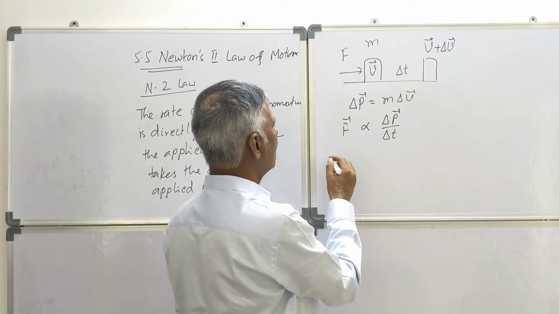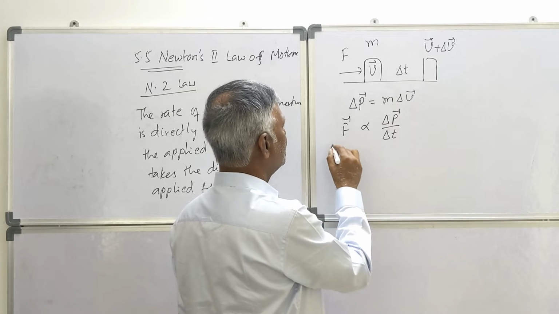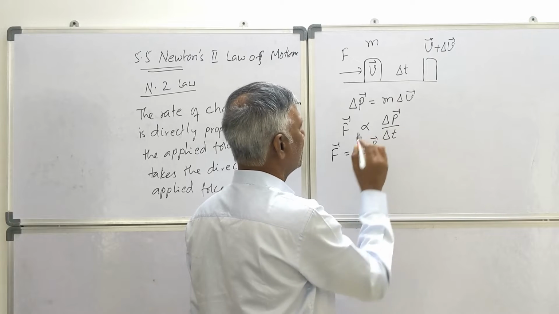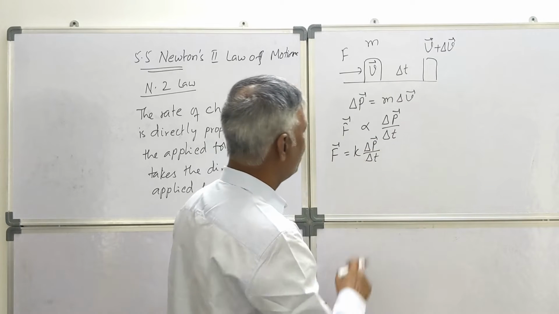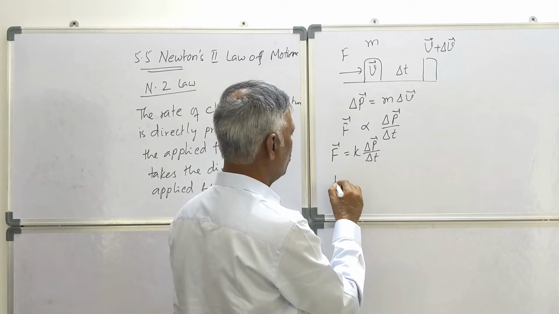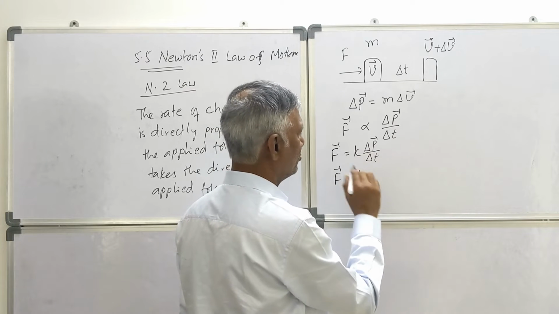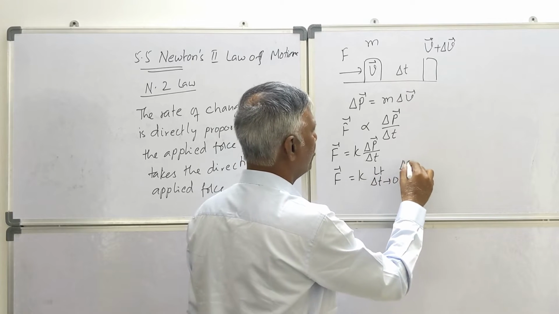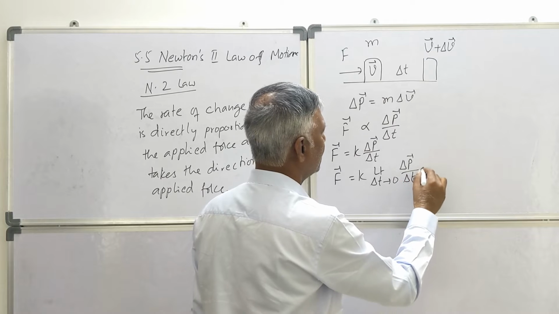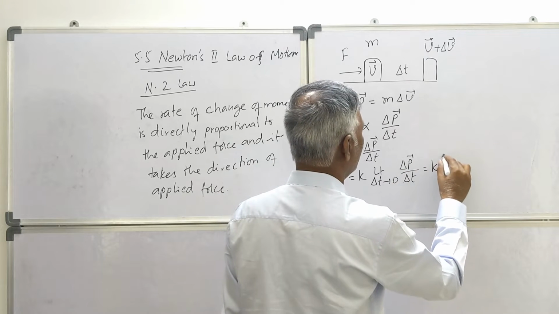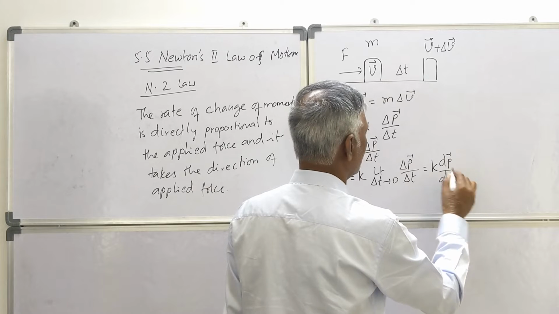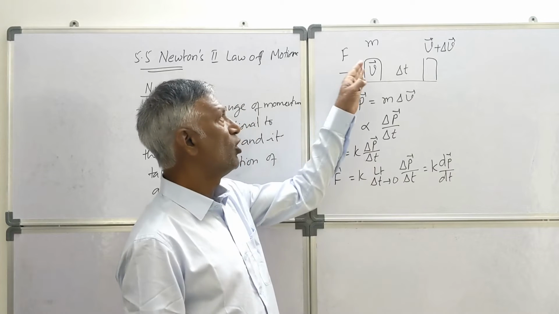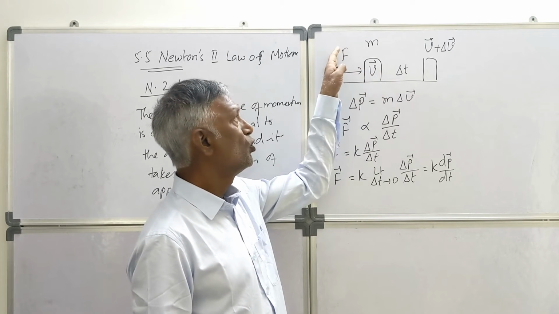So अगर proportionality निकालेंगे तो F is equal to k into delta p by delta t, ठीक है। Now if we apply delta t tends to 0, F bar is equal to k into limit delta t tends to 0, delta p by delta t, then this will become k into dp by dt. This is the equation it will become, ठीक है।